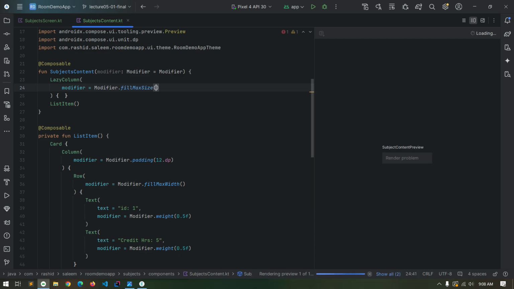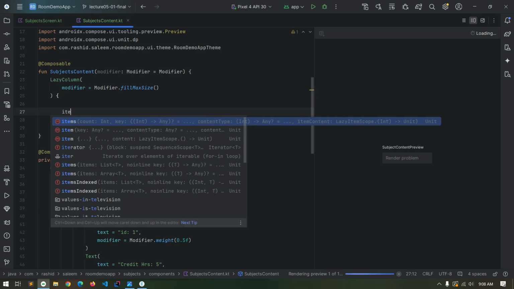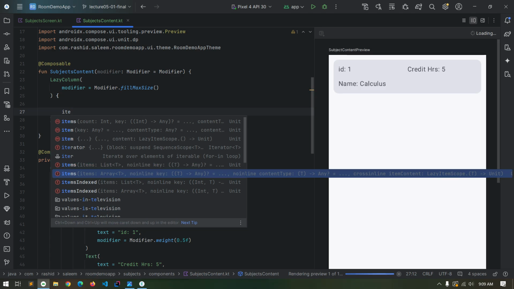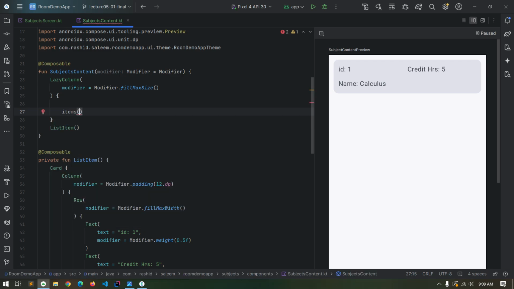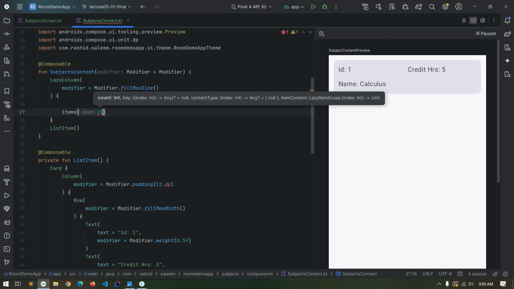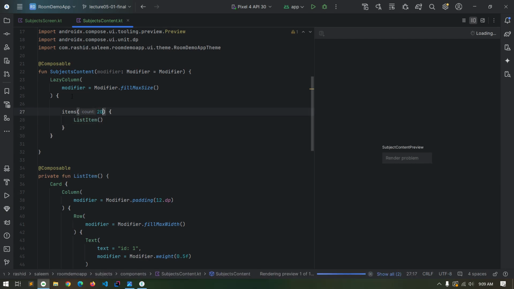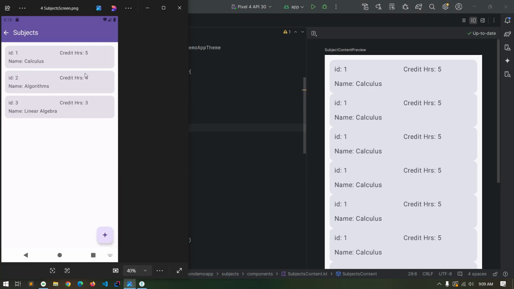modifier fill max size, and in that we have a composable named items, which has multiple overloaded methods which take a list, array of items and counts. So initially we don't have any list here, so we will use the count value to use this method. So in that we will have, let's say, 20 items count, and we will call our list item composable in this. Okay, so we are able to see our list here,